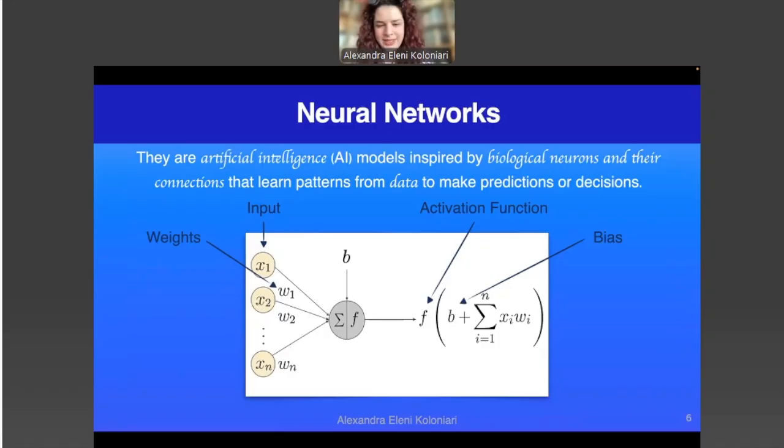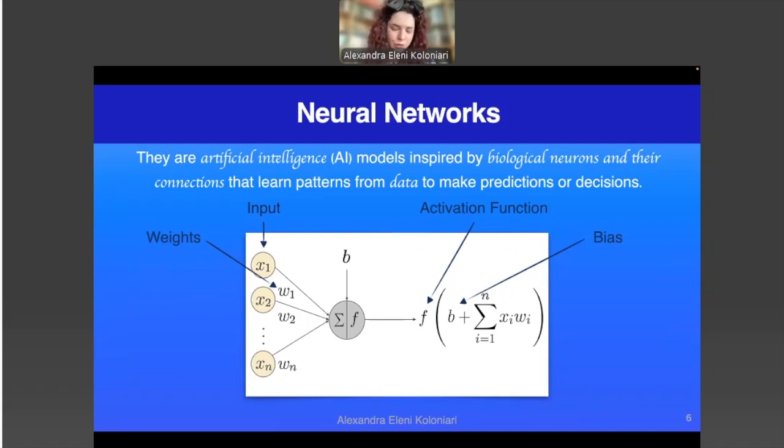And here you can see what the most basic part of a neural network looks like. Here you see basically a neuron. The yellow circles are representing the input, and each input is then multiplied by a quantity which is called weight, and that weight basically shows how that input affects the neuron, how important that specific input is for the neuron.